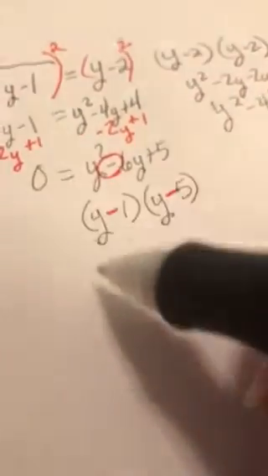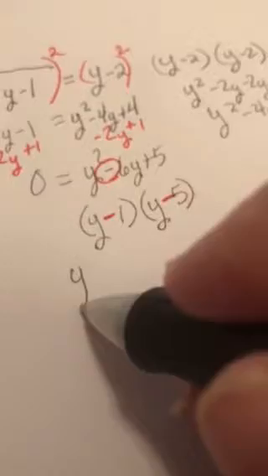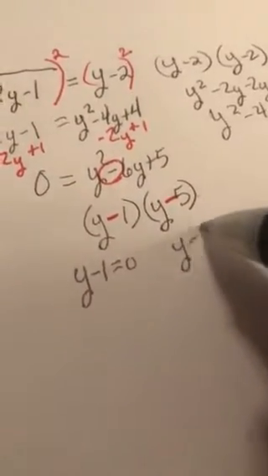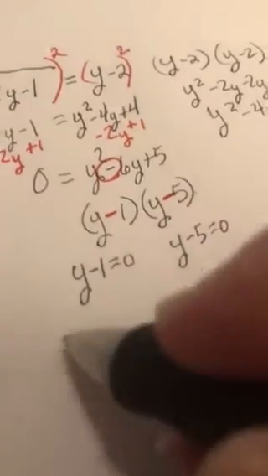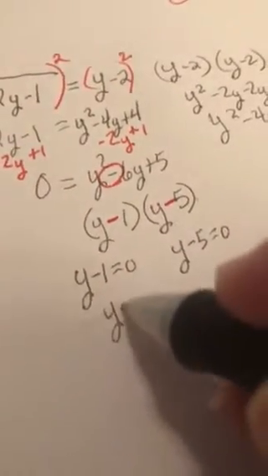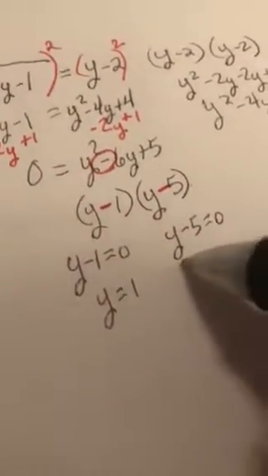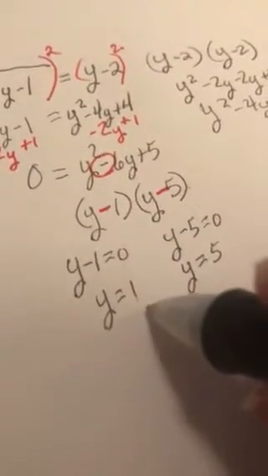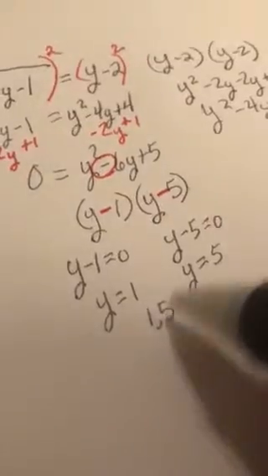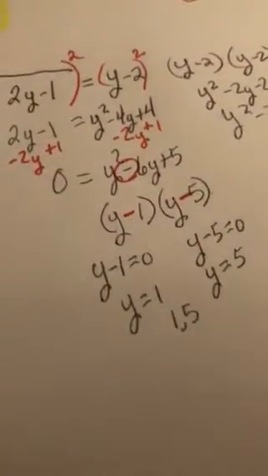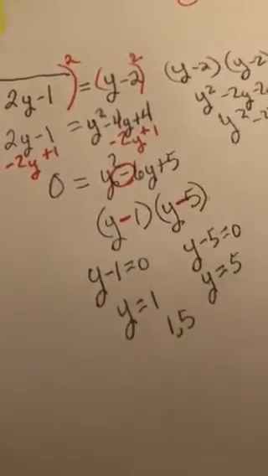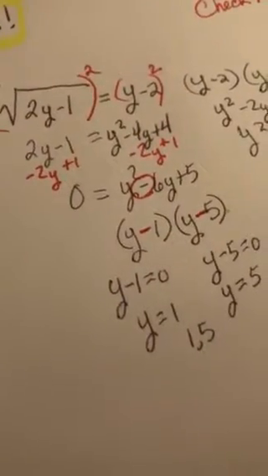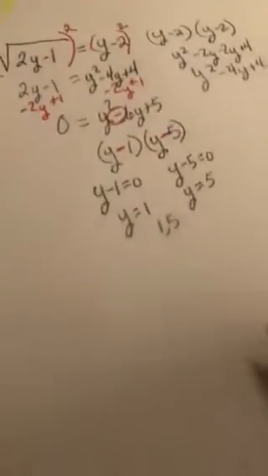and then to solve it, we write each of them as their own equation equal to 0, and solve for y. So we add 1 to both sides there. We would add 5 to both sides there. So we're saying that our answers are 1 and 5, but let's find out if that's really true, if both of them work. If we go back to the original equation, we have